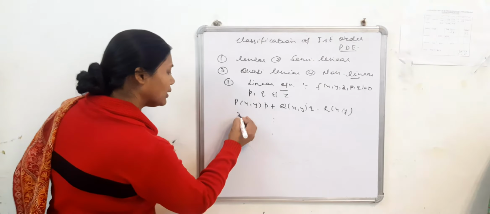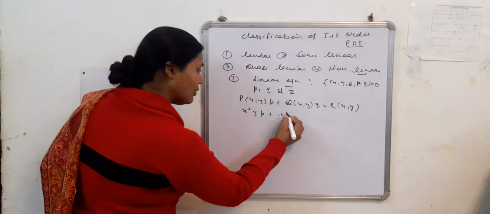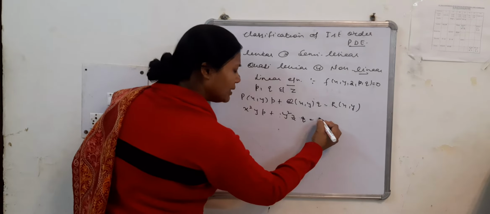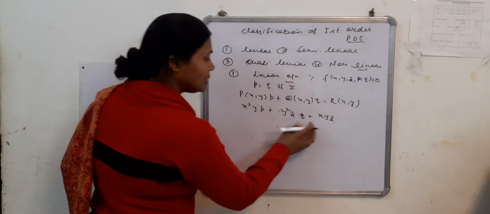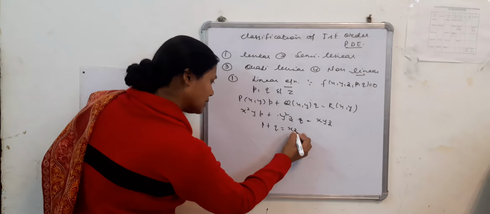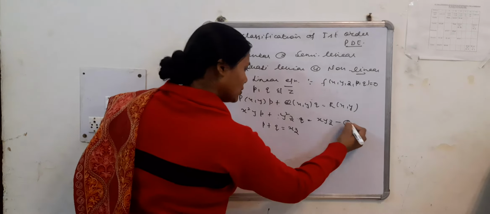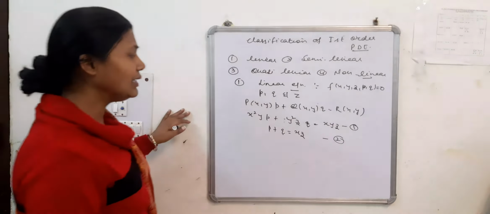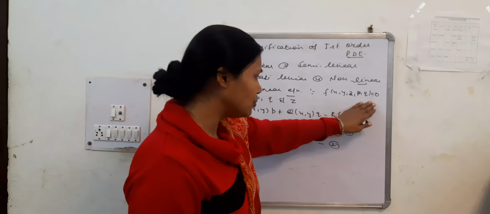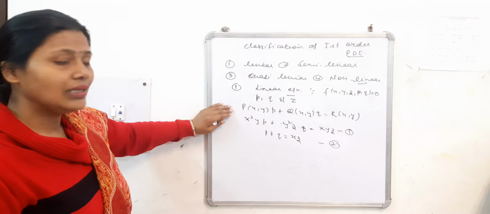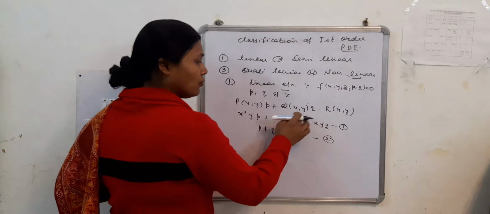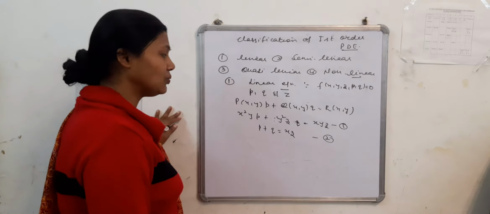For example, you can have an equation of the form y²p + zq = ..., where any term in x, y, z can appear, or an equation like p + q = xz. These equation number 1 and equation number 2 lie in the category of linear equations. Means an equation of the form f(x,y,z,p,q) = 0 is said to be linear if it is linear in p, q and z, that is, the coefficient of p, the coefficient of q and the right hand side R should be linear.